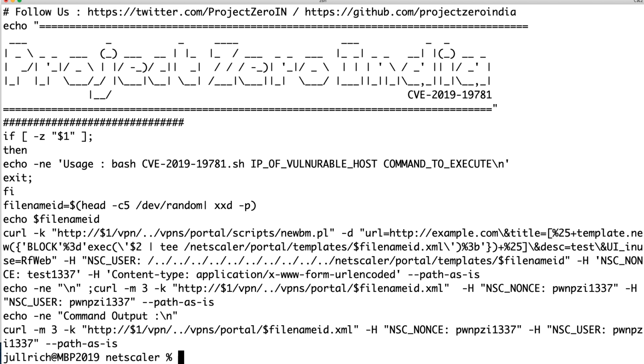This one was released by some group that calls itself Project Zero India. And I'm using this one because it's sort of the more straightforward and simple exploit, so it's a little bit easier to understand. I want to point out a couple of the key features here. So first of all, the actual vulnerable script being used here is newbm.pl, which stands for new bookmark. This directory traversal is actually totally irrelevant, not required at all, and some of the more recent exploits don't actually use this. So this would work just with /vpns/portal/scripts/